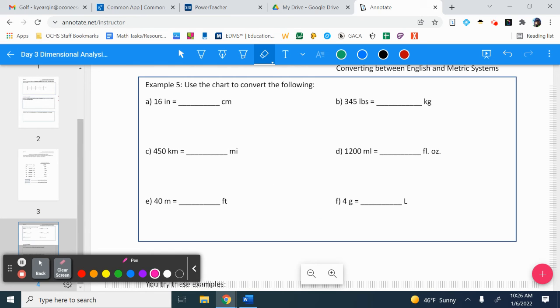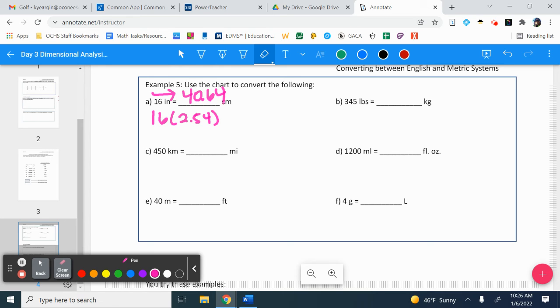I'm at inches, so I need to go through my list, find inches on my chart, and I'm moving to centimeters. When I find that, I can see that I'm moving to the right, so I know that I need to multiply. Therefore, I need to multiply by the number that's given, which is 2.54. So 16 times 2.54 is going to give me my answer in centimeters, which would be